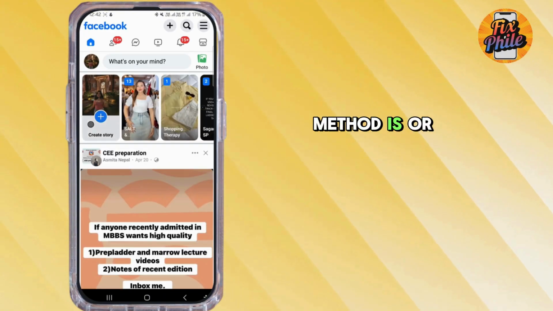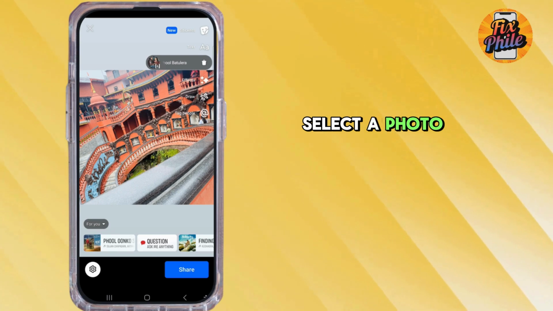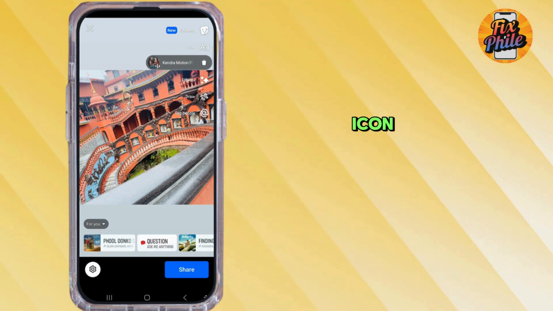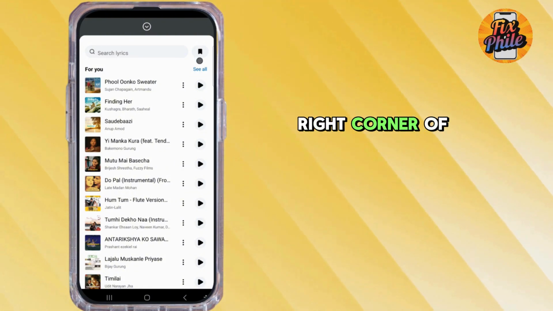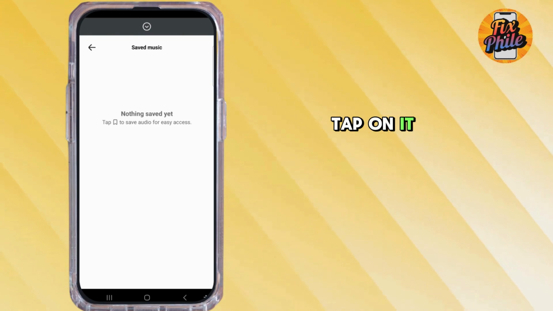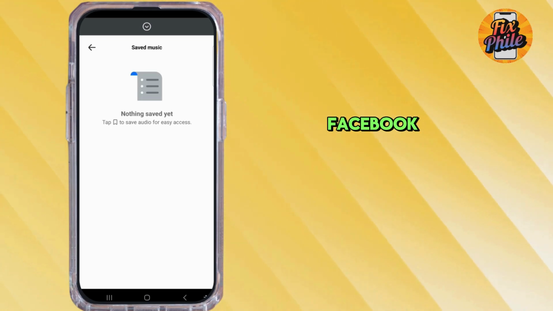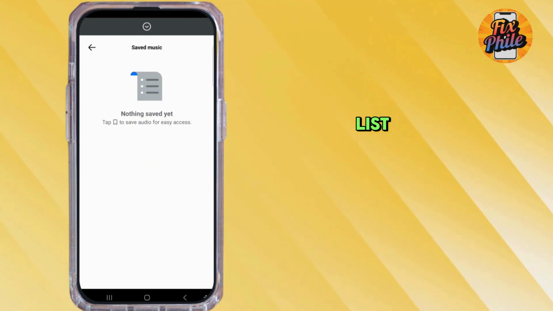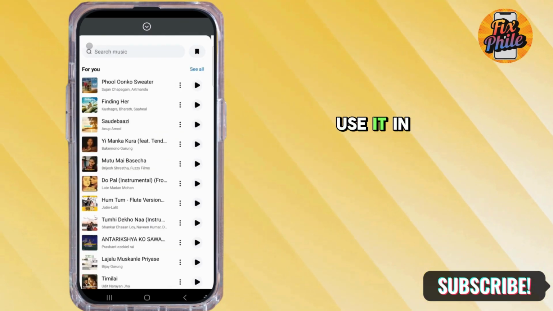The next method is, tap on create a story, select a photo or video that you'd like to share, and then tap on the music icon. And there you will see the saved icon in the top right corner of the screen. Tap on it. And here you will see all the list of music that you have saved on Facebook. So I've not saved anything yet, so it's not showing in this list. But if you've saved any music, you can go ahead and tap on it and use it in your Facebook